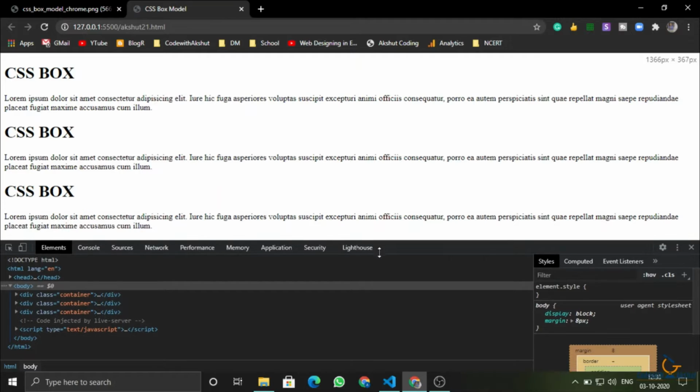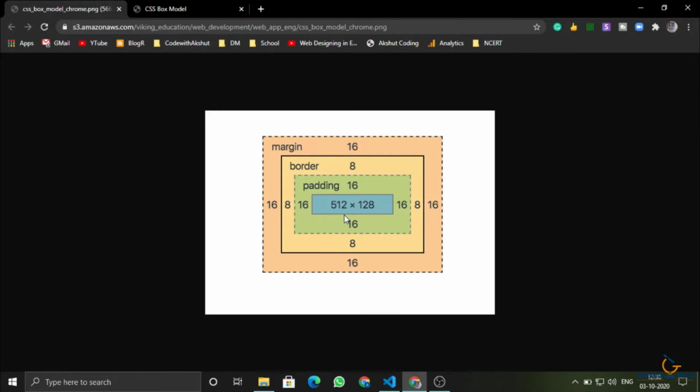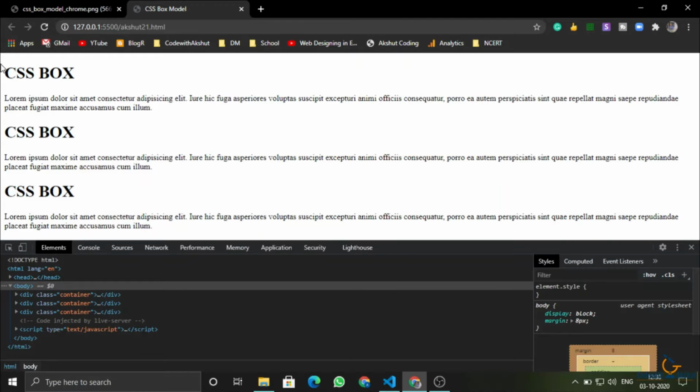Now let me tell you what the box model basically is. Here is the element. As you are able to see, 512 into 128. This is our element, so you can visualize that this is our div.